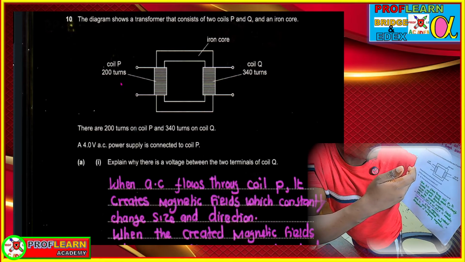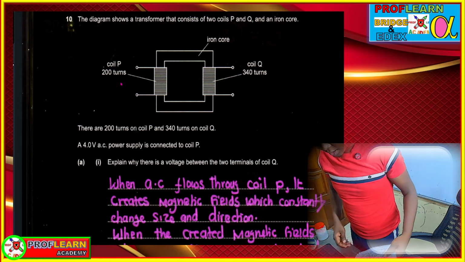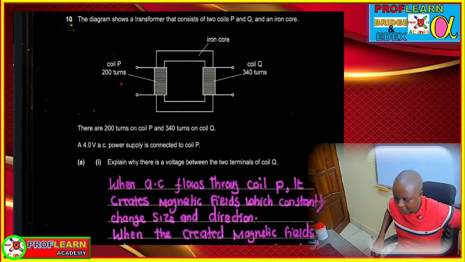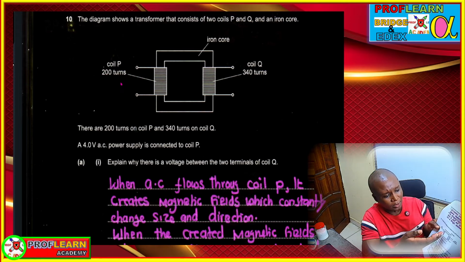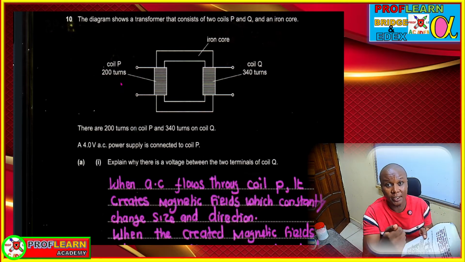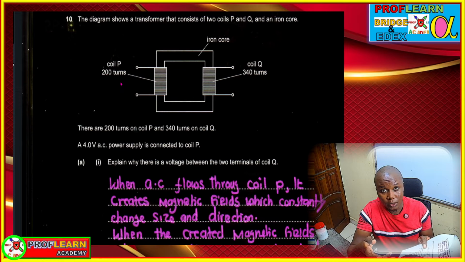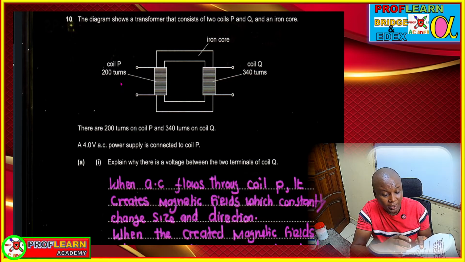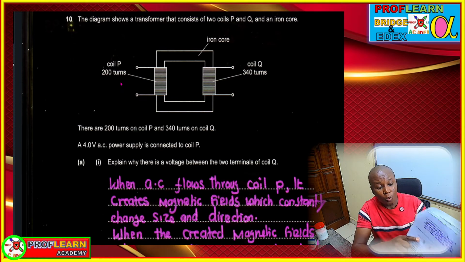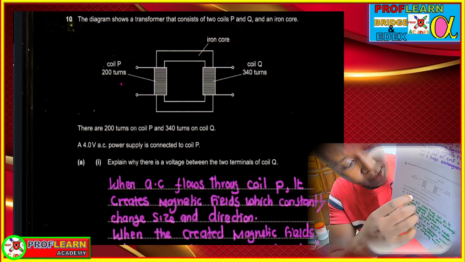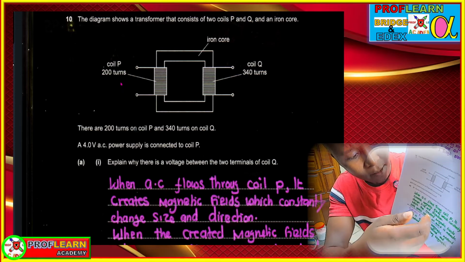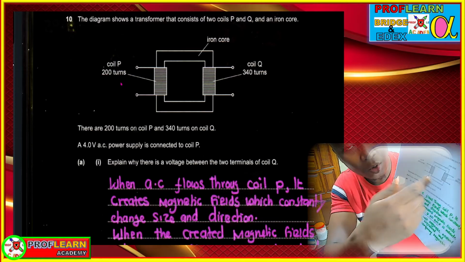Remember, when AC current is connected here, there are going to be magnetic fields created in the primary coil, because there is alternating current inside the primary coil. The alternating current is going to create magnetic fields which are constantly changing size and direction in the primary coil. When those magnetic fields cut across the secondary coil, an EMF is going to be induced in this coil through